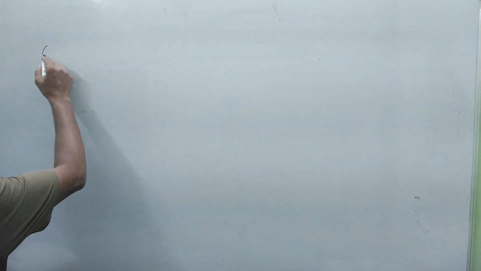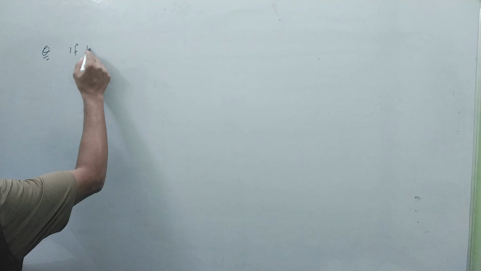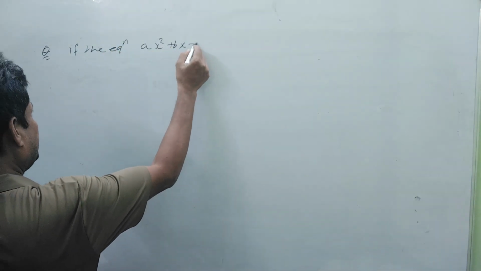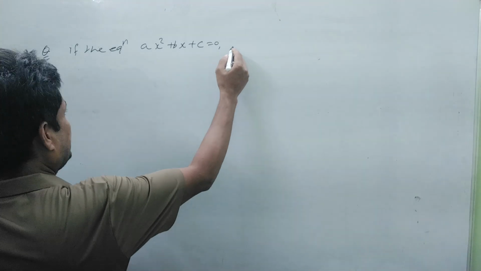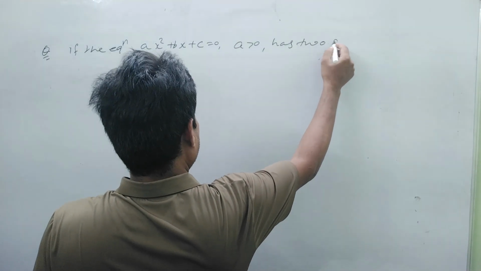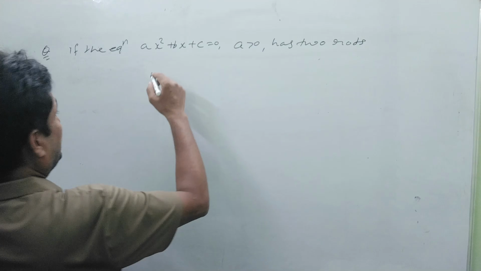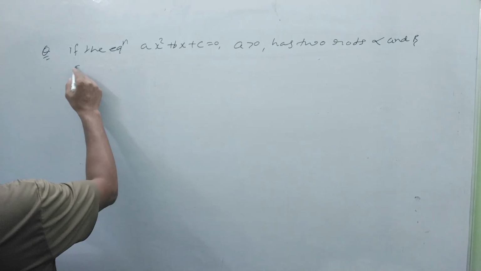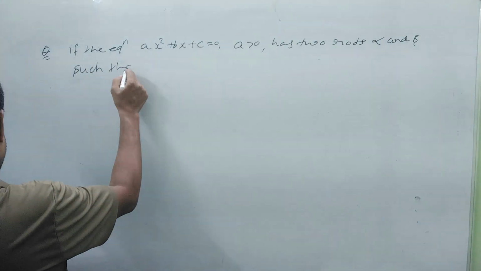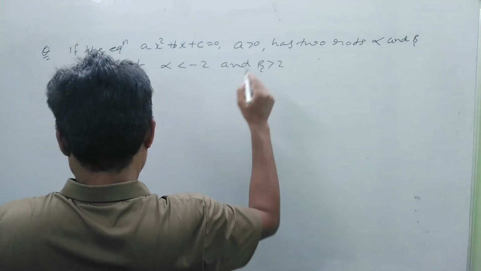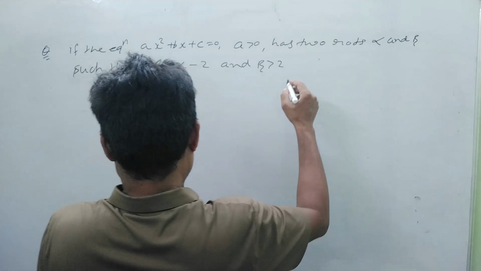Now let's take another example. If the equation ax square plus bx plus c is equal to 0, a is positive, has two roots alpha and beta such that alpha is less than minus 2 and beta is greater than 2, then